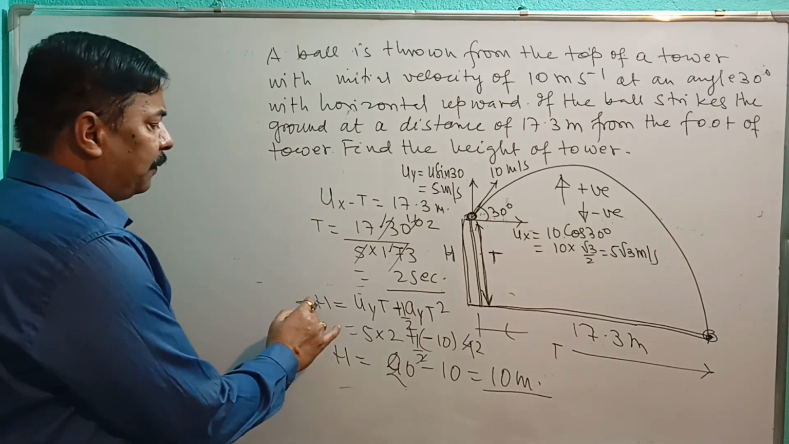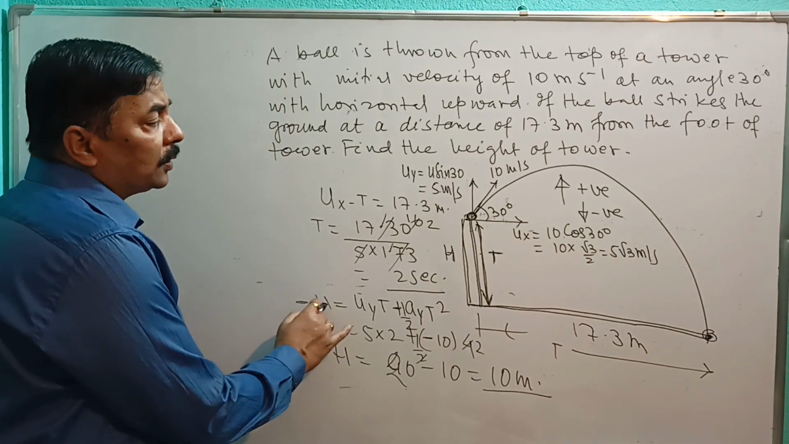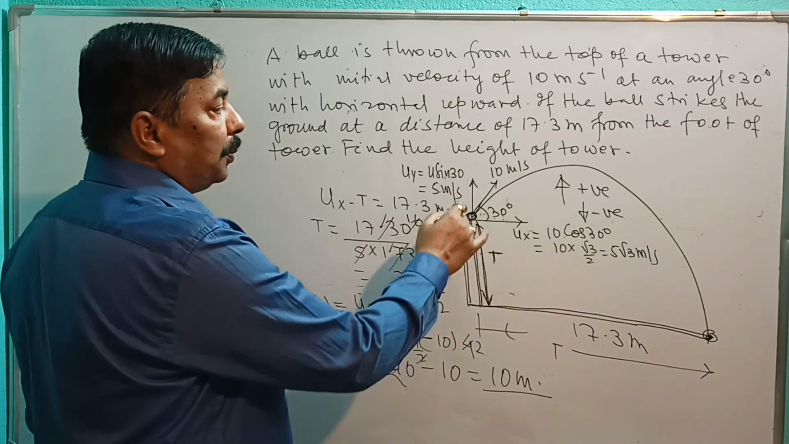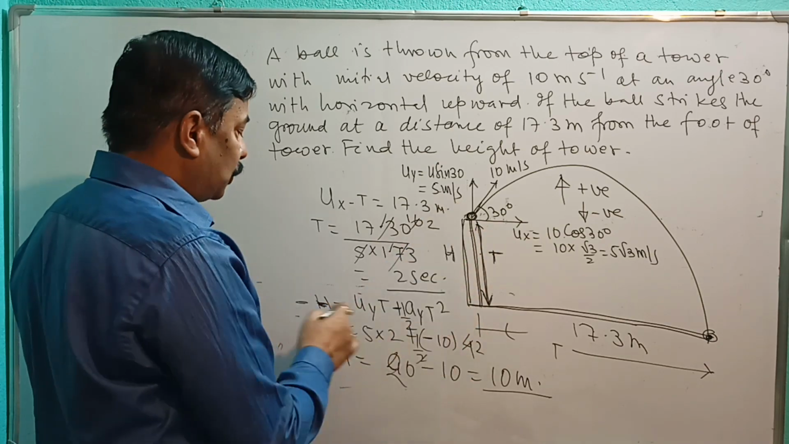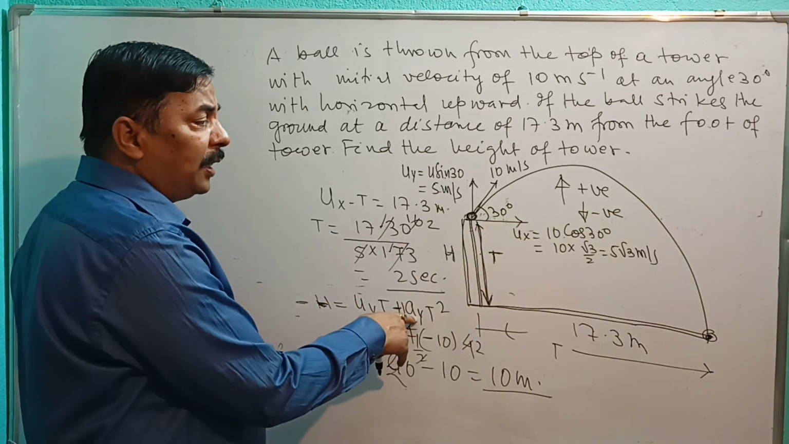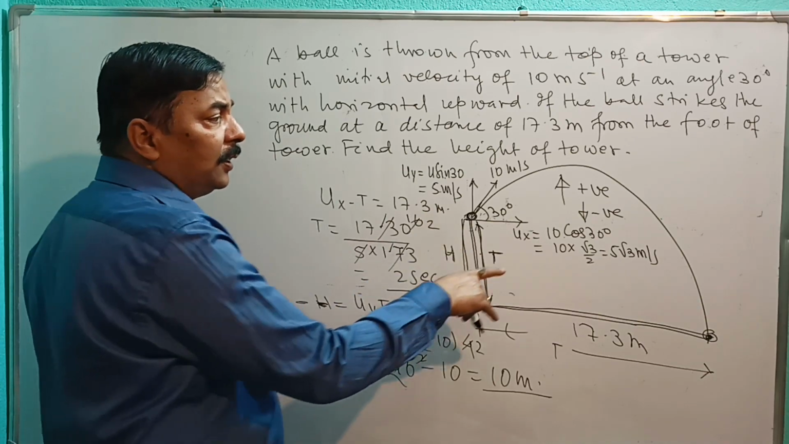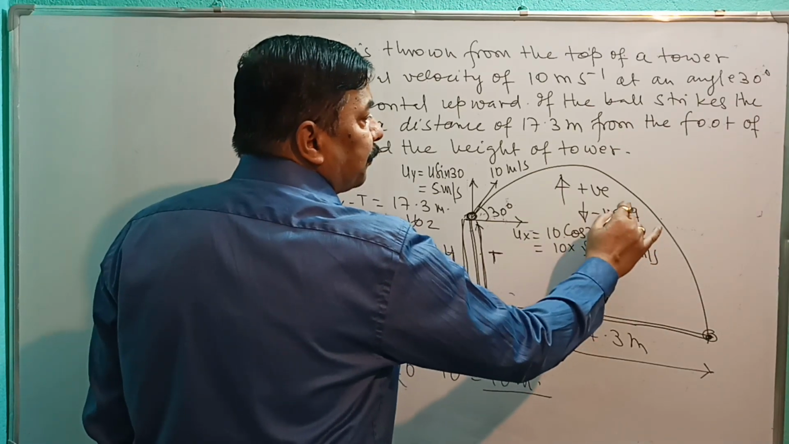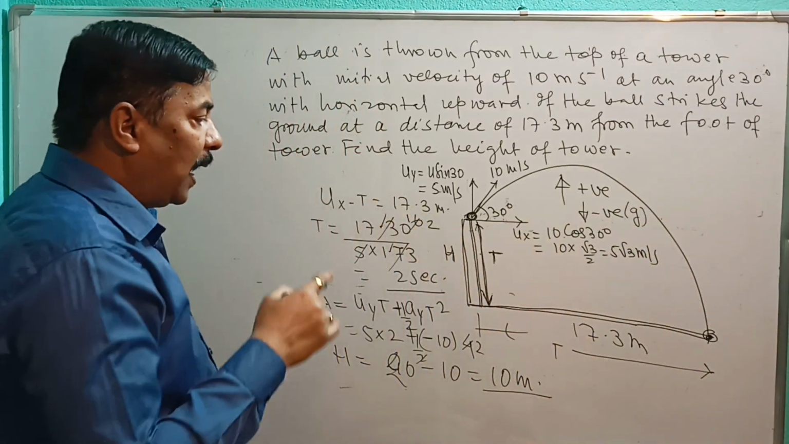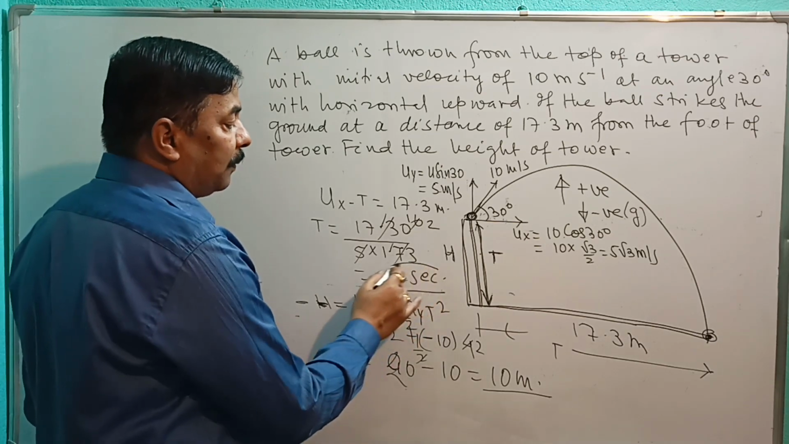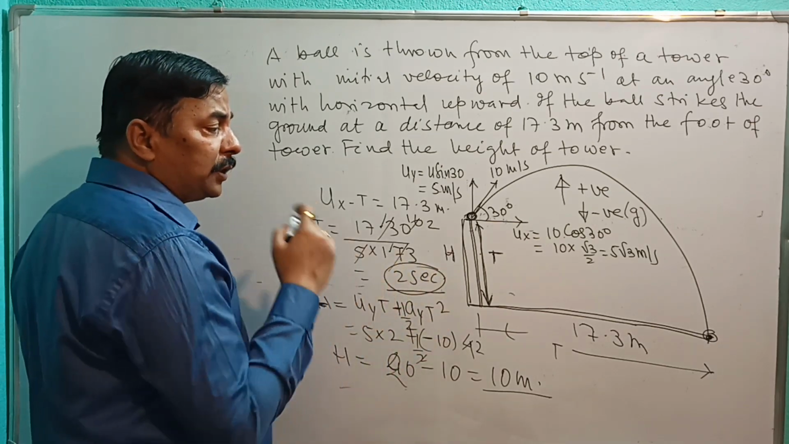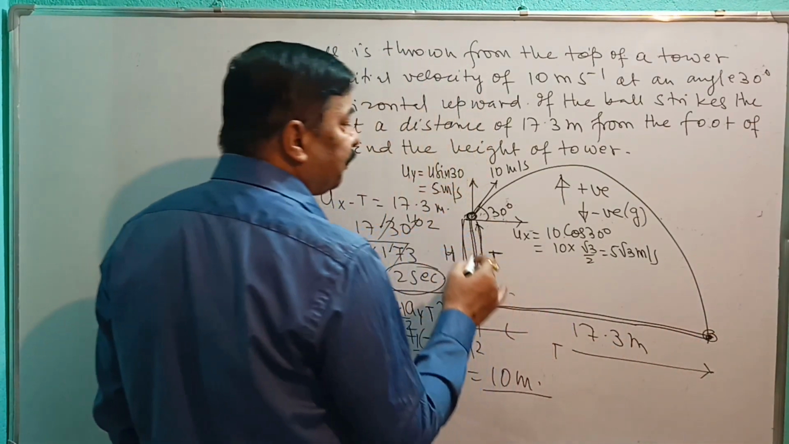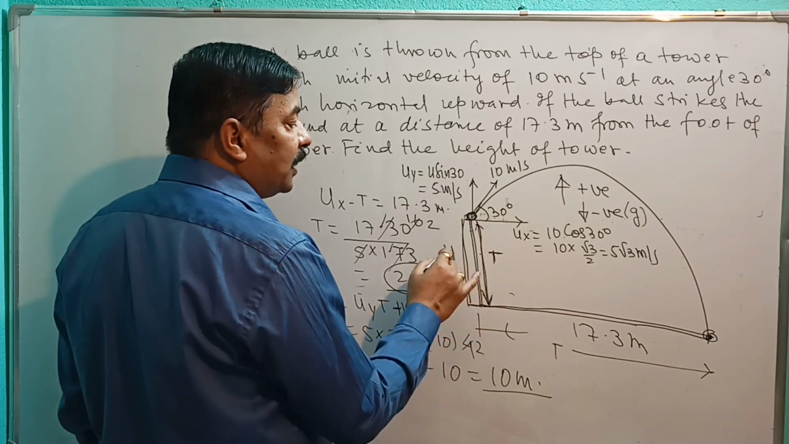Why I have taken negative? I have taken negative because this is the point of projection. This I am treating as origin. So below the origin, the height will be negative. So I have taken negative. ay in y direction, what is the acceleration? That is minus g. Minus g is in y direction. And time we have already calculated. It is 2 seconds. In 2 seconds, the ball has covered horizontal distance 17.3 meter and vertical distance equal to